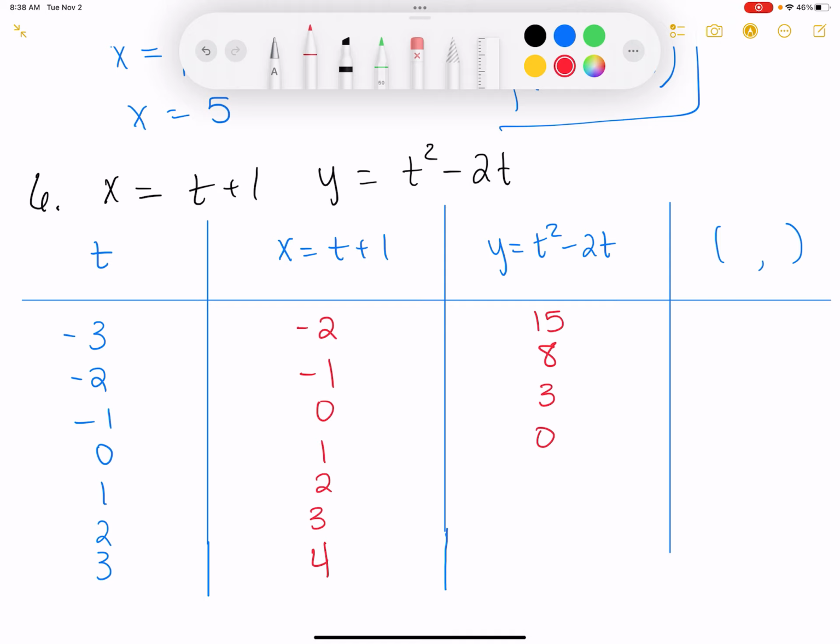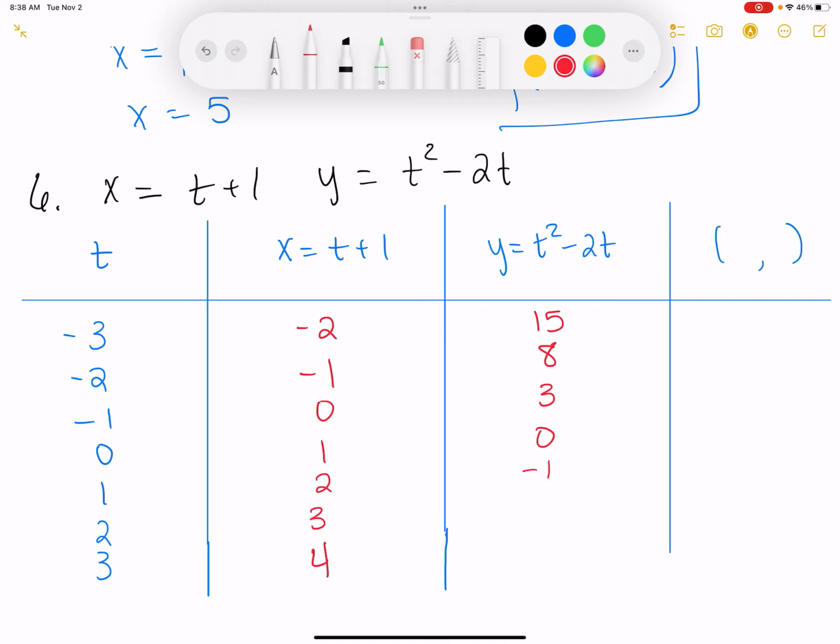Oh, I'm losing where I am. 1 squared minus 2 times 1, negative 1. Oh, my bad. 2 squared minus 2 times 2. 4 minus 8, so